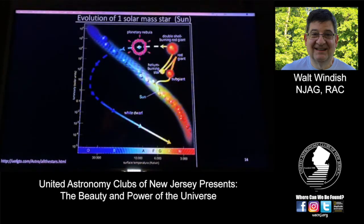This shows how the sun leaves the main sequence. The sun's about 4.6 billion years old, and in about 5 billion years, it's going to leave the main sequence. What happens is, stars up to about 5 solar masses, or 5 times the size of our sun, will all die in the same way. They start out as a protostar out of gas, and